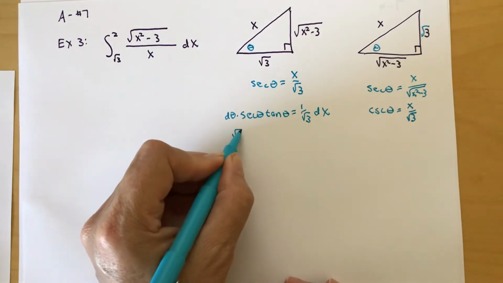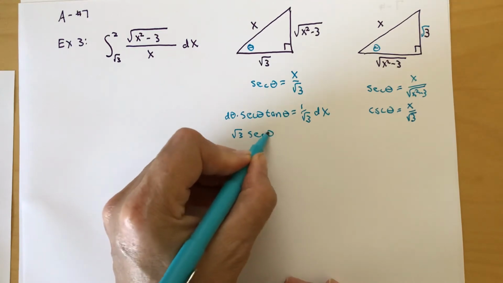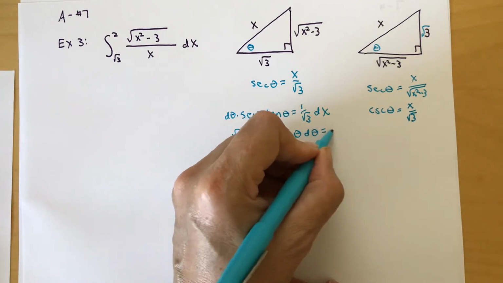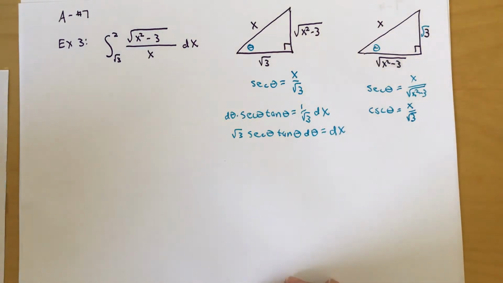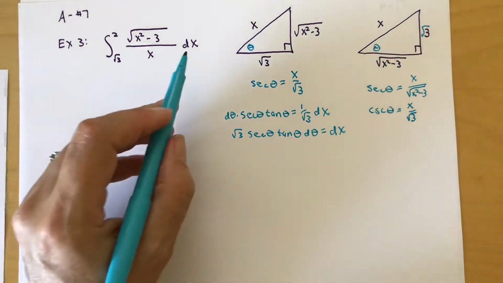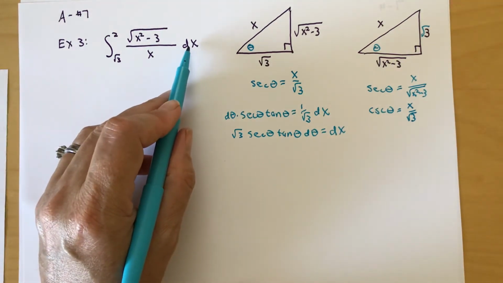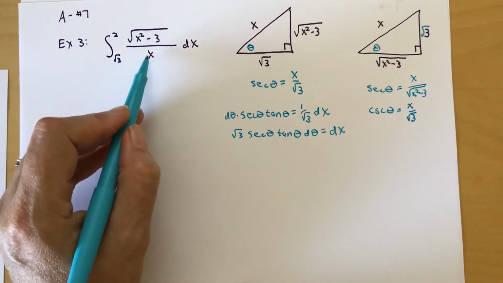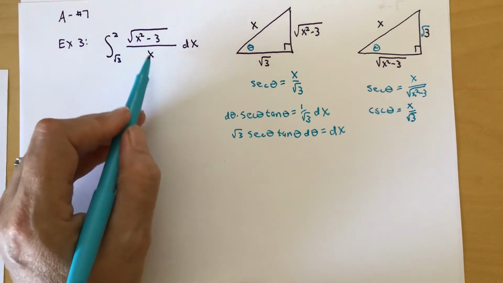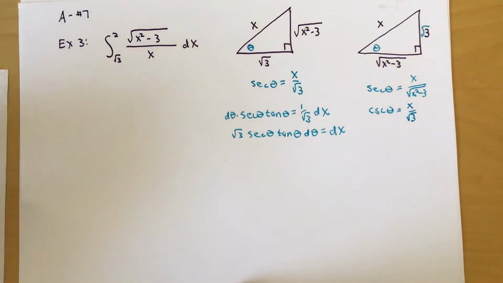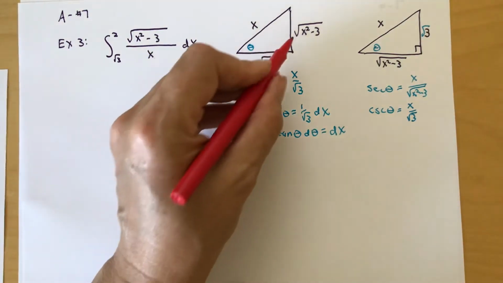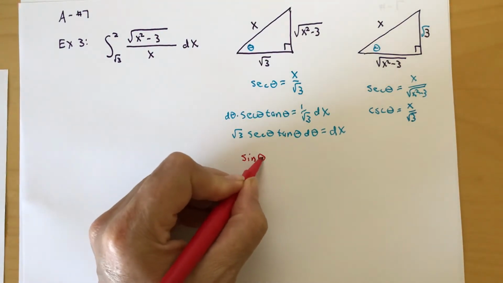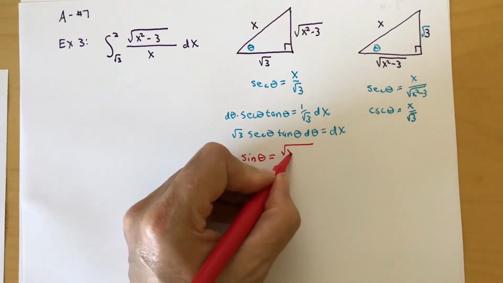And so this will be root 3 secant theta tangent theta d theta is equal to dx. All right, so that will take care of this. And then look around for a clever substitution to get rid of this, and I can see root x squared minus 3 over x is here. So I could say opposite over hypotenuse. So the sine of theta is equal to